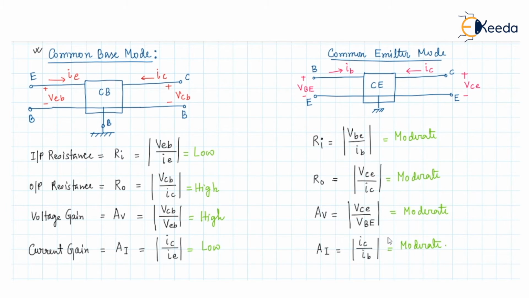Now let us look into what is the application of this common base mode. That means in which cases this common base connection is used. The common base connection is used for sweep or triangular wave generator. It is also used as a ramp wave generator. But the common emitter mode connection is used for voltage amplifier